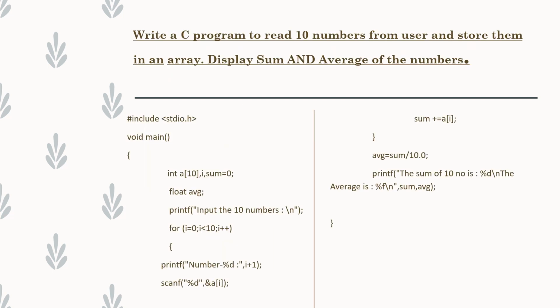Okay, now let us see one program example which says: write a C program to read 10 numbers from the user and store them in an array. We have to display the sum and average of the numbers. So the first line here is written as #include <stdio.h>. Hash include is the preprocessor directive, the hash symbol,